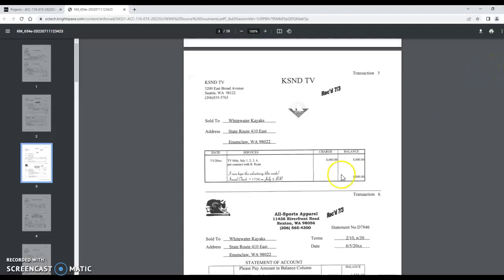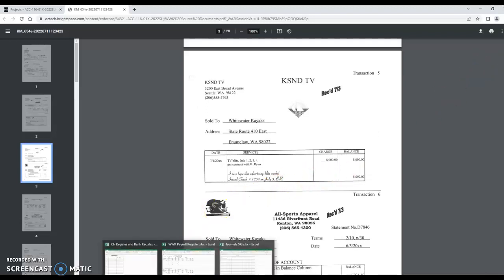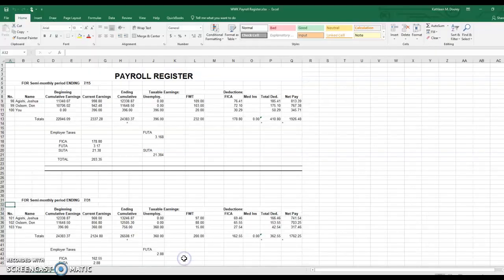Okay, we also have a couple times a month where we have to pay payroll, and you're going to do this similarly to what you did with Pony Rides to Go. Okay, here's your total gross wages for July 15th,